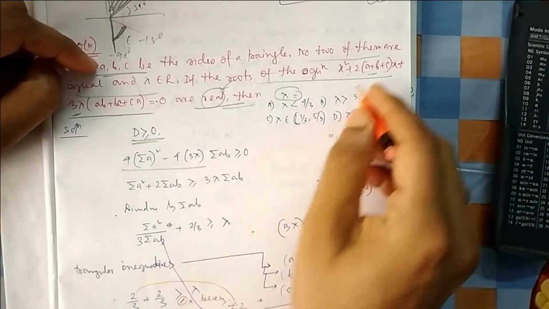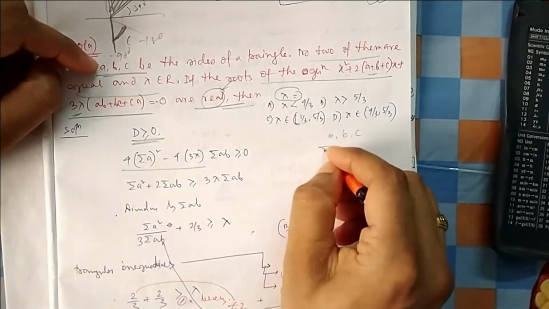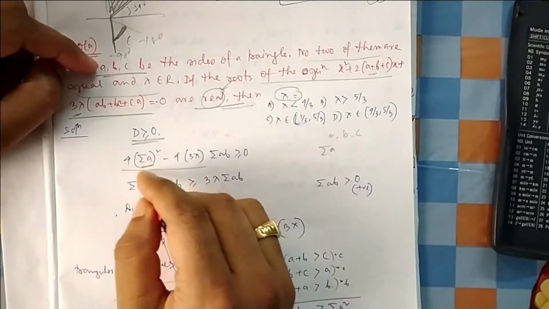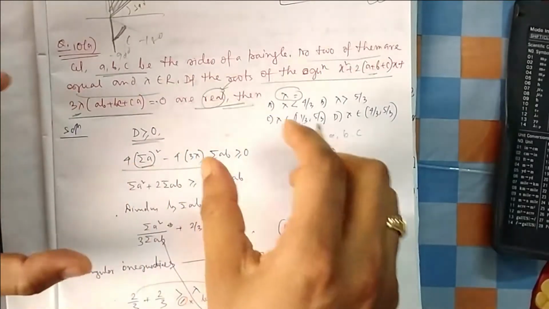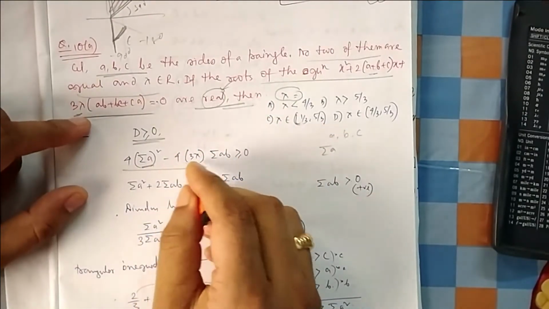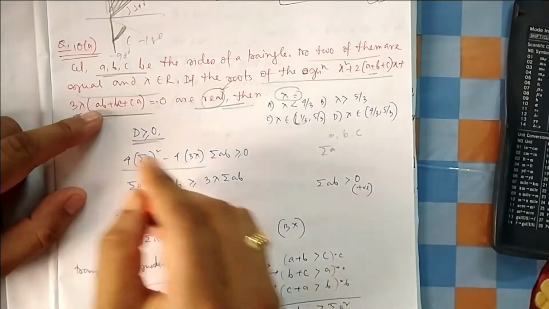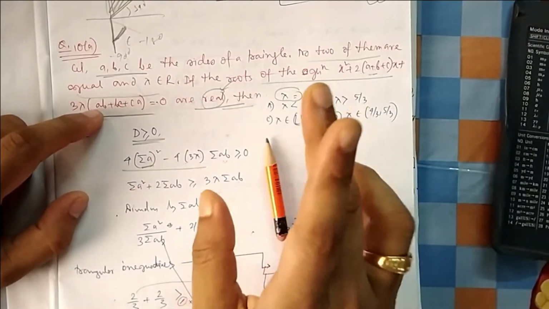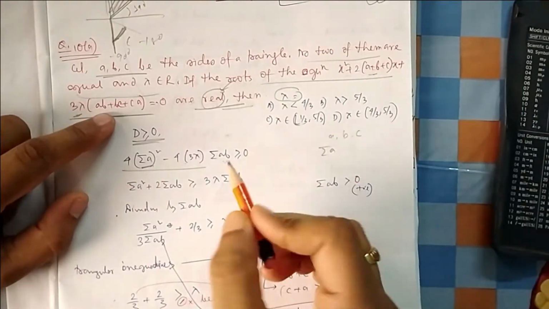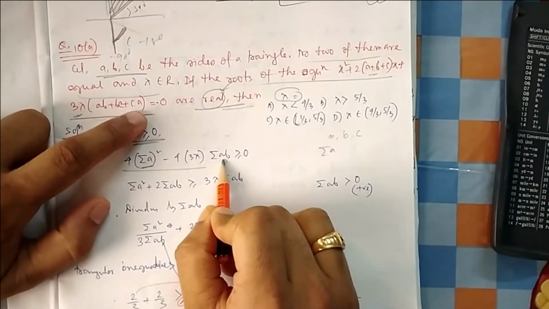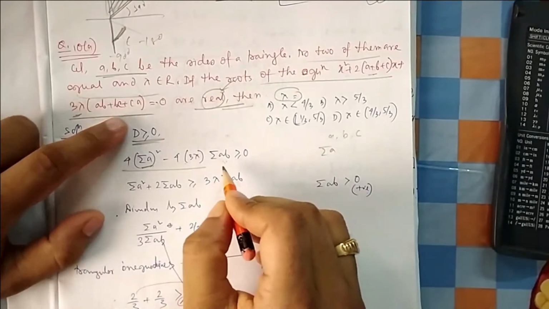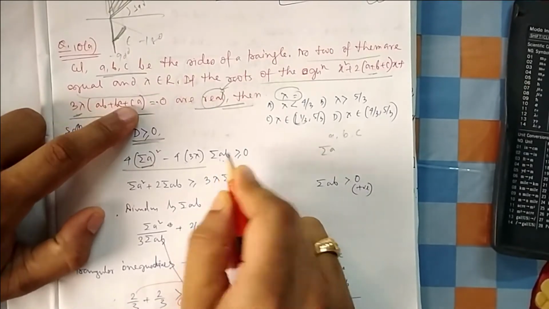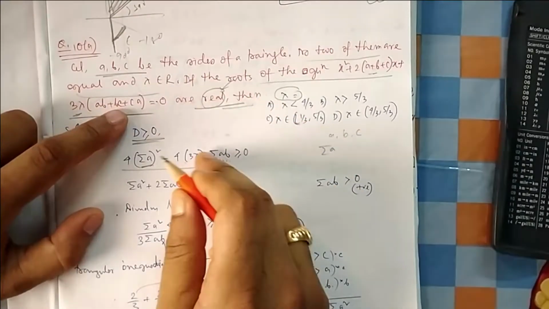So the sum of a, b, c we write as summation a, that means a plus b plus c. I have done this to simplify so that I should not write big terms. And 4 into 3 into, and this is summation ab. So you are taking 2 at a time, so it is ab, bc, ca. Summation ab means in how many ways you can take 2. I have explained it in theory, check that theory. In the theory of equations, I think I have discussed it. Summation ab means ab, bc, ca. Two you have to take at a time out of a, b, c. In how many ways you can take.